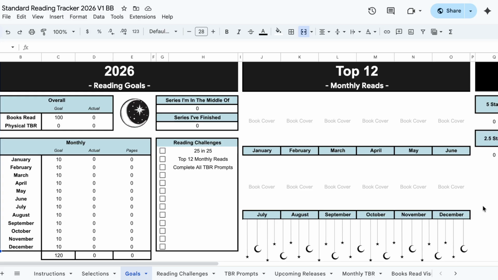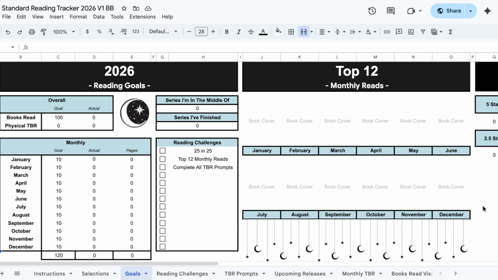Now, because I don't want to be constantly repeating myself, if you would like a broad overview of the sheet, go and watch the audiobook video and that will take you through everything. What I'm going to do for this one is just walk you through the things that are different and how